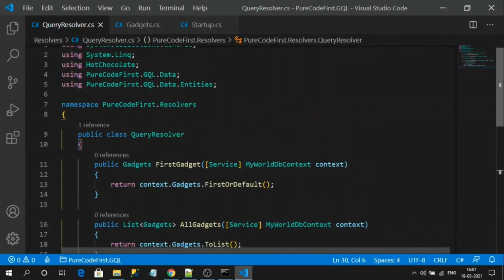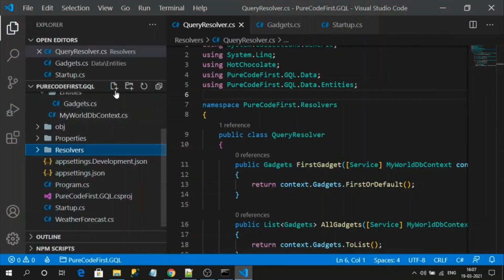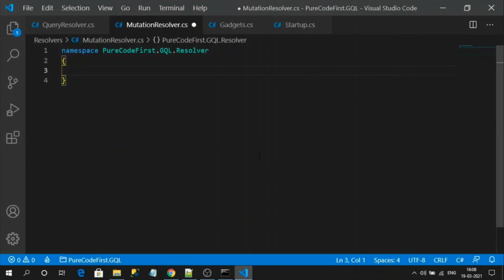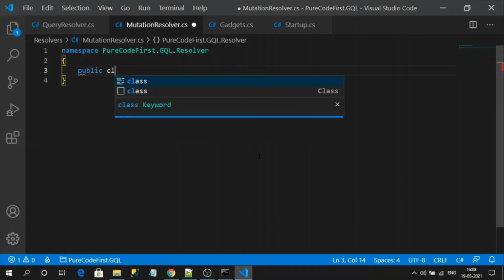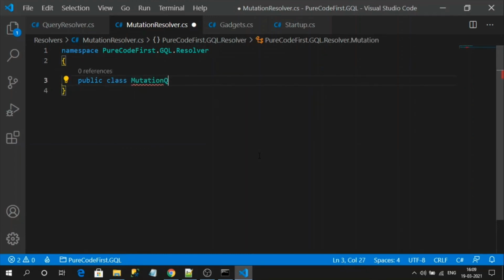So our target is to create the mutations, right? So let's go to the Resolver folder. Here add MutationResolver.cs. Public class, I will create MutationResolver.